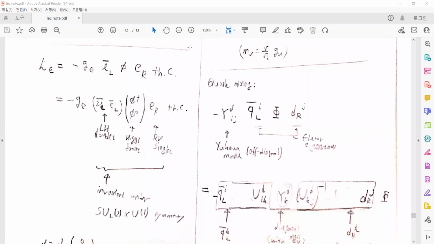So let's consider the Yukawa interactions, for example, in the lepton case. There is a left-handed doublet, a right-handed singlet, and a doublet scalar field. So we can expand this in matrix form. There will be the left-handed doublet, which has components of neutrino and electron, and the Higgs doublet, which has the charged Higgs and the neutral Higgs, and there are the right-handed singlet and Hermitian conjugate combinations. And there will be the coupling constant for the Yukawa interaction.